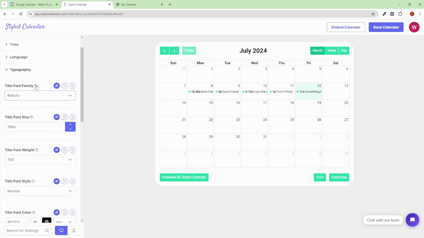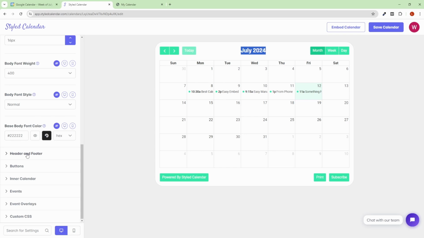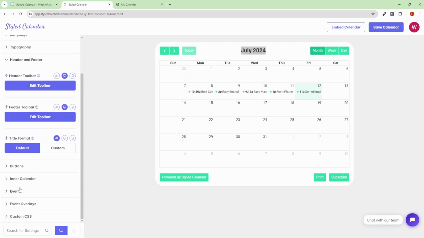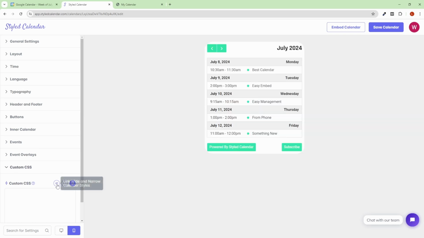You can also change the font. For example, one of my favorites is Right Honey, so it's a much smoother text. There is also the header and the footer. These are also premium settings. But if you just scrub around in here, custom CSS unfortunately is also a premium setting. You can see there are a ton of